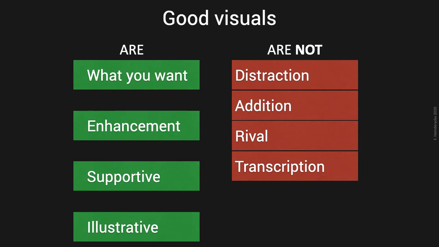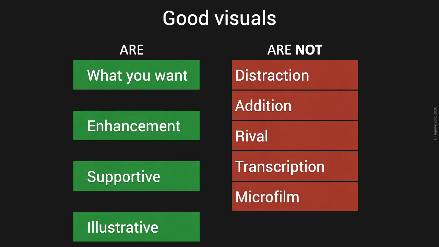Likewise, and it's often a consequence of trying to do a transcription, is the microfilm slides. When you try to squeeze too much into one single slide, you tend to make everything smaller. And when you do that, because you don't know exactly the size of the screen you might have, maybe people won't actually be able to see the details that are meaningful, that are useful. So what you should do is not put so much onto one slide.